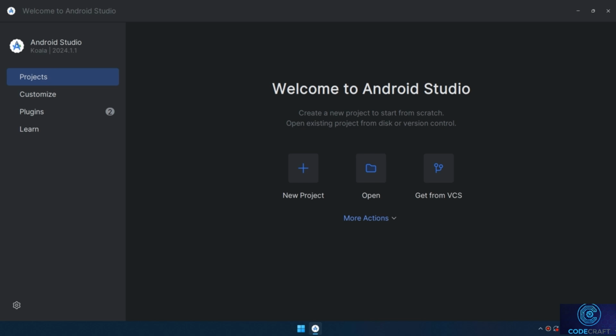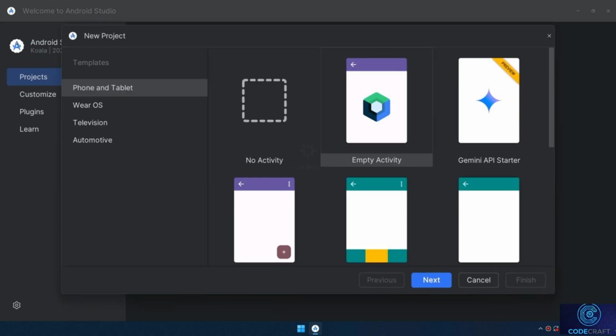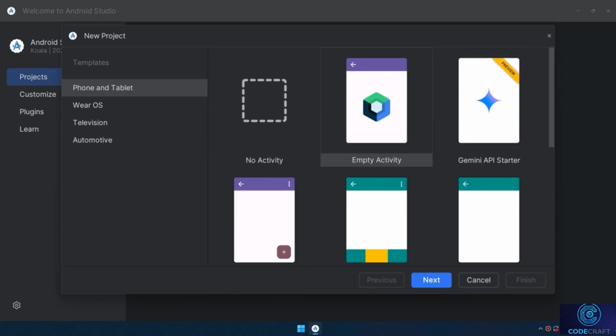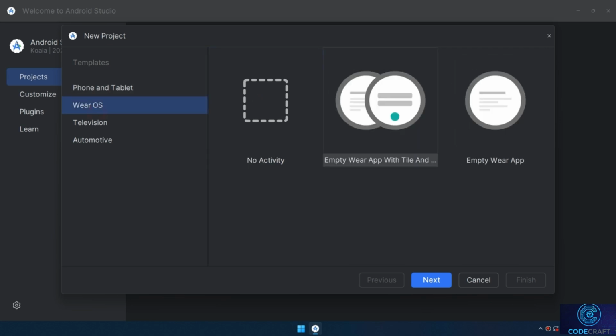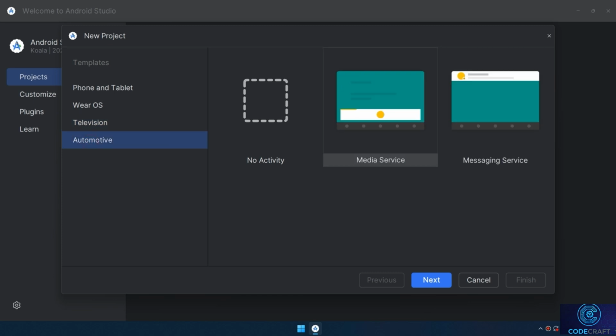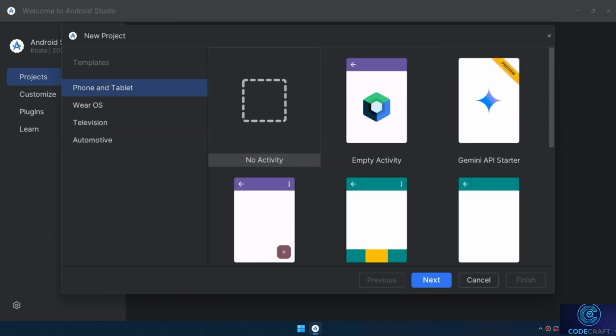The Project tab is where you create, open, or manage your Android projects. The New Project button starts a new Android project from scratch or uses a predefined template. For example, these are the ready-made templates, or you can select no activity. Also, you can start with Wear OS, television, automotive, but for this course, we are interested in the phone and